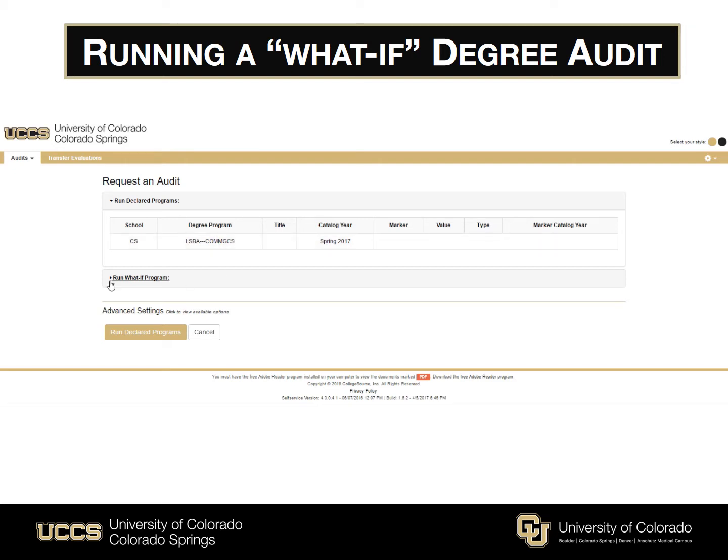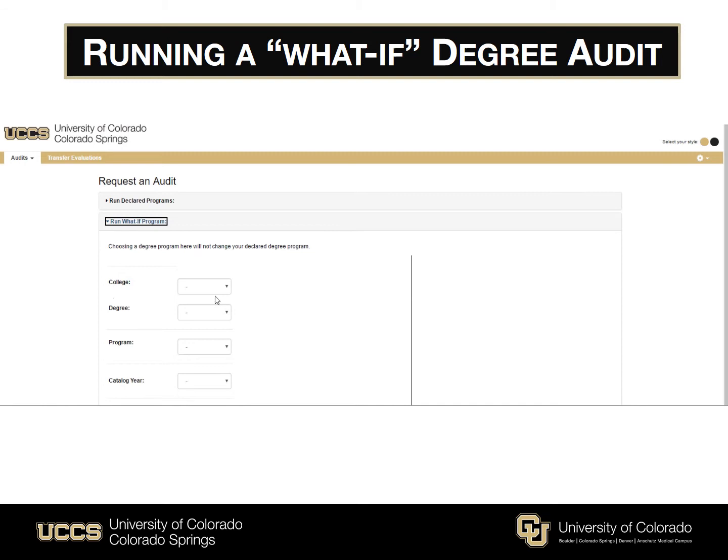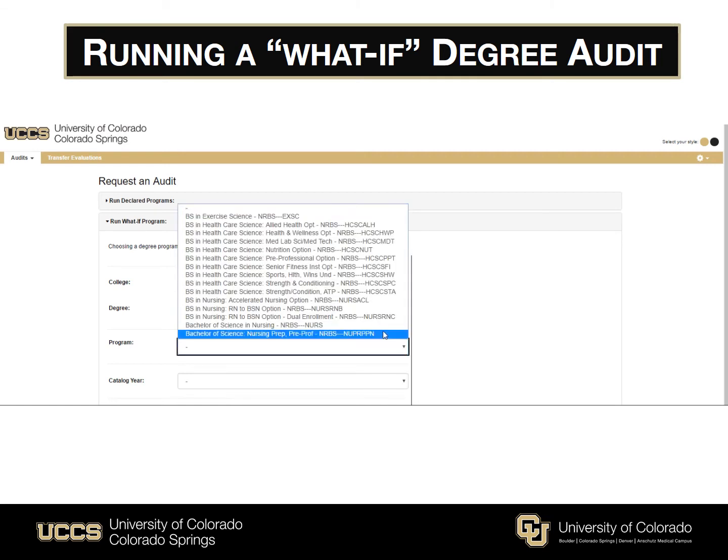Now, if you wanted to go in and see where would my transfer work apply, or how would the courses that I'm taking this semester look different if I was changing my major, you'd click on the What If program. Then you would need to select the college in which that major is held. So let's say, for instance, you were coming in to find out more about nursing. You would click on NUR, then you would select the degree. It's going to have the drop down, the program that you're hoping to pursue, so a Bachelor of Science in